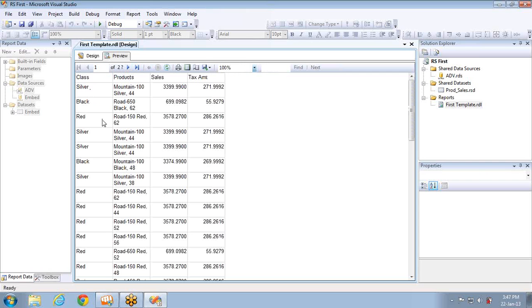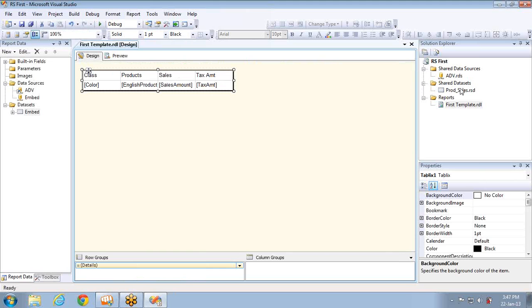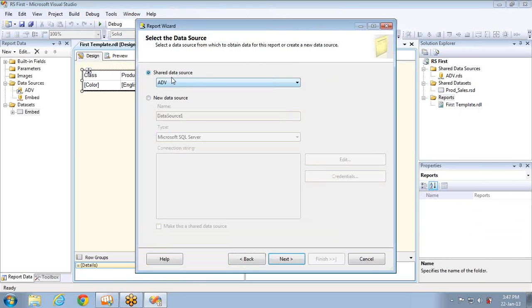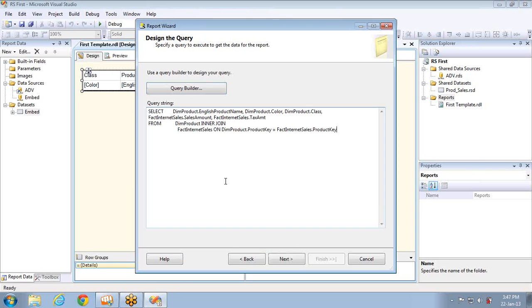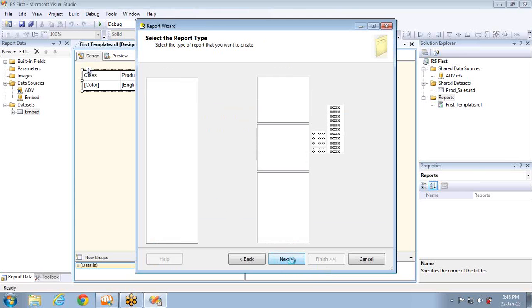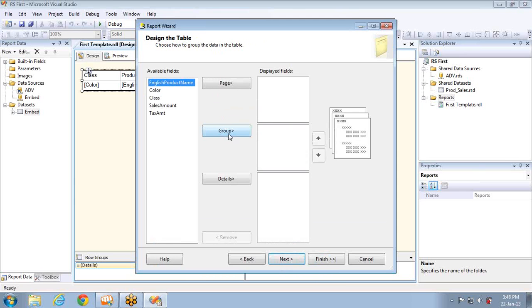And now here, if you see, everything is showing in the tabular report. So these are the 3 steps that you are doing when you use the report project wizard. Report wizard. The first step is creating data sources. Yes, created. The second step is creating the data set, created, and the third step is selecting the tabular. Apart from this, you are having a couple of things. This is